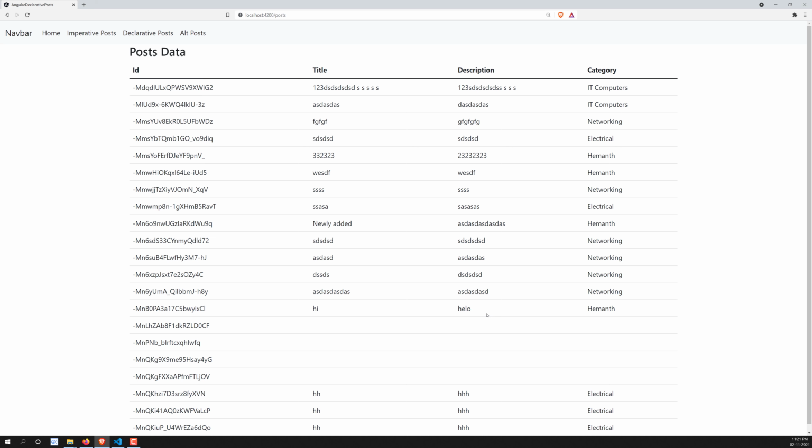And also we have discussed the change detection strategy OnPush, which is very important for us to learn. Why do we need to use change detection strategy OnPush? In order to increase the performance of the application. If you have a bigger application, it is a best practice to use change detection strategy OnPush.